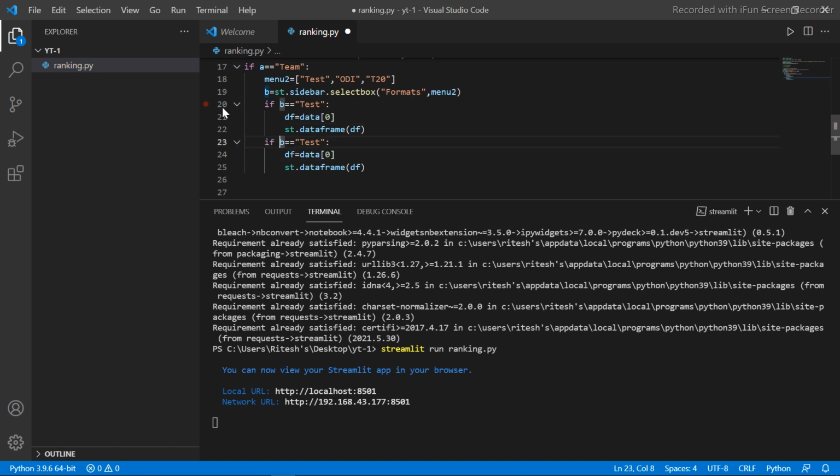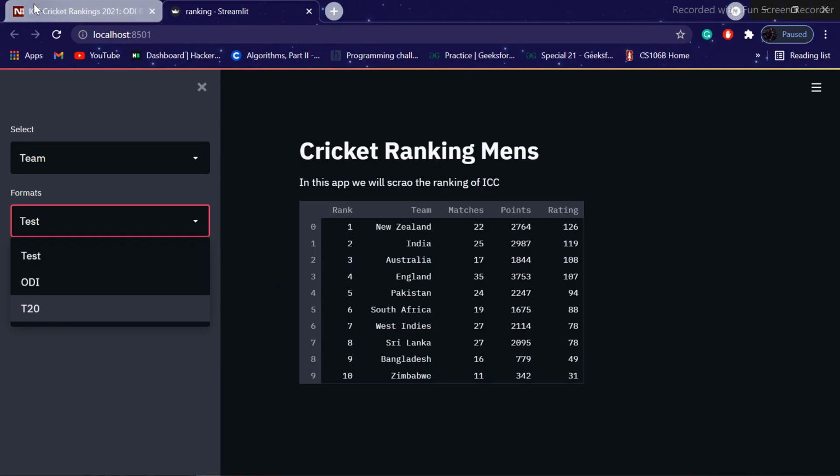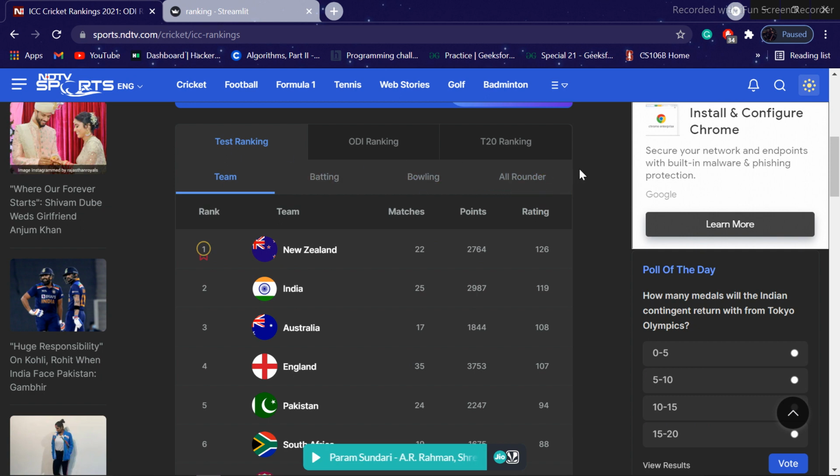Cool. Now if B is equal to ODI, our data variable contains our table: the first element has the team ranking of test, batting ranking of test, bowling ranking of test. So 0, first, second, third.